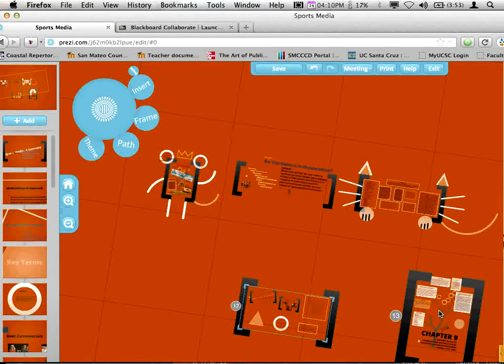So is each one of those a presentation? Yes. And they're different groups? Yes. Each frame represents a... Yes. So we've got 5 groups here representing 28 students, and each one of the frames is a separate group, all on one canvas. Yeah.